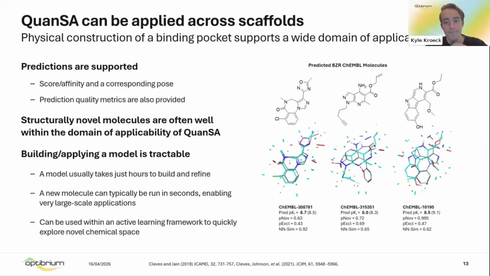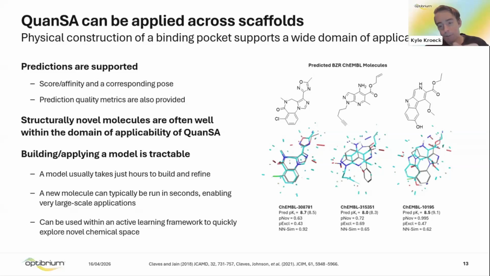Traditional models look at a molecule's 2D sketch, or how atoms are connected. If a new molecule looks different on paper, the model often fails. QuanSA instead looks at the 3D surface, the shape and electrostatic fields that the protein actually sees, and this allows it to perform scaffold hopping, identifying that two molecules with completely different chemical cores can have the same biological effect.